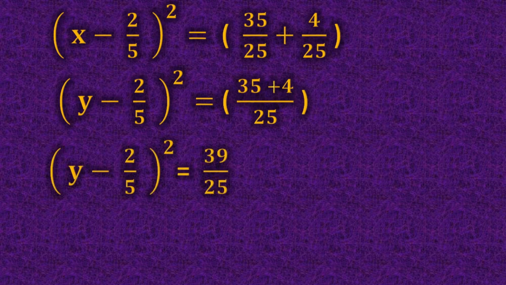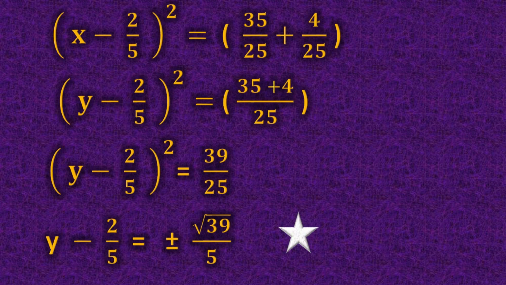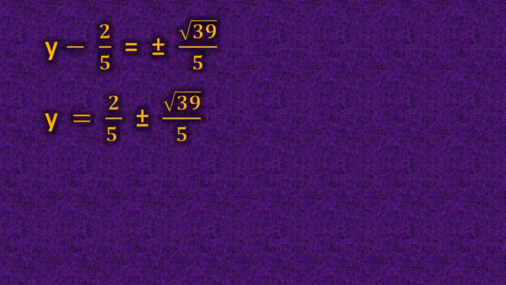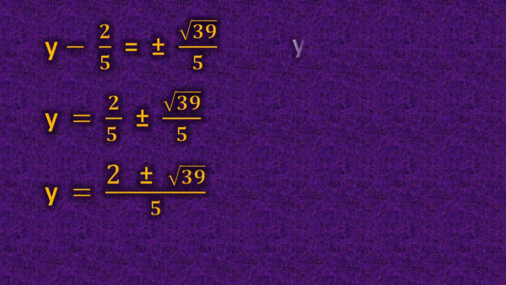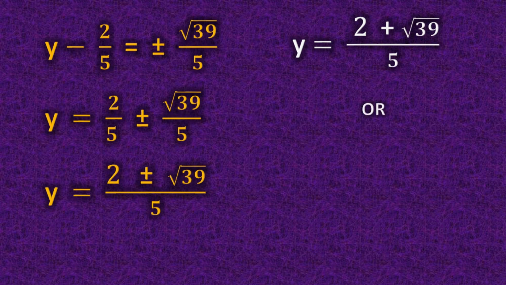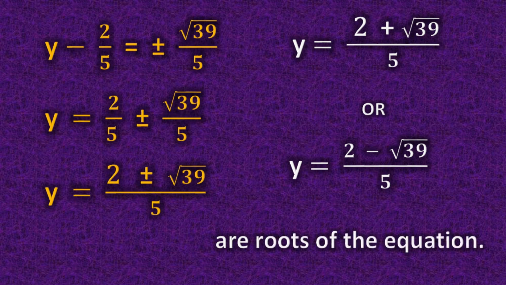Now carefully take the square root. The square is removed and you have to write plus or minus sign. Root of 39 is not possible, so root 39, and the root of 25 is 5. Now the last page. Minus 2 upon 5 we will transfer to the other side, it will become plus 2 upon 5. Now take the base common. If you are taking 5 common, then upside 2 plus or minus root 39. One answer you will write with only the plus sign and the other answer only with the minus sign. This way we got the two roots of the given quadratic equation.